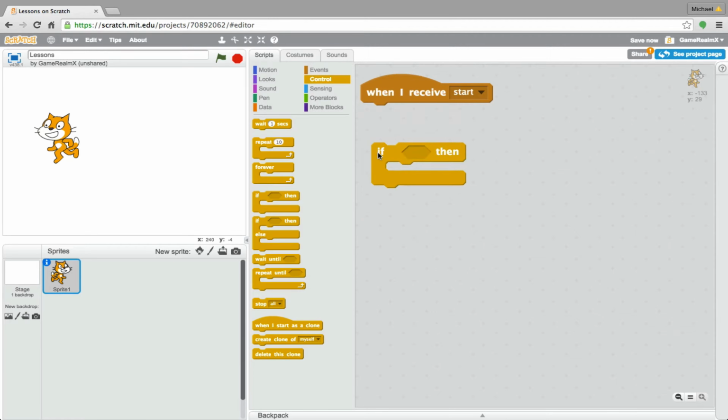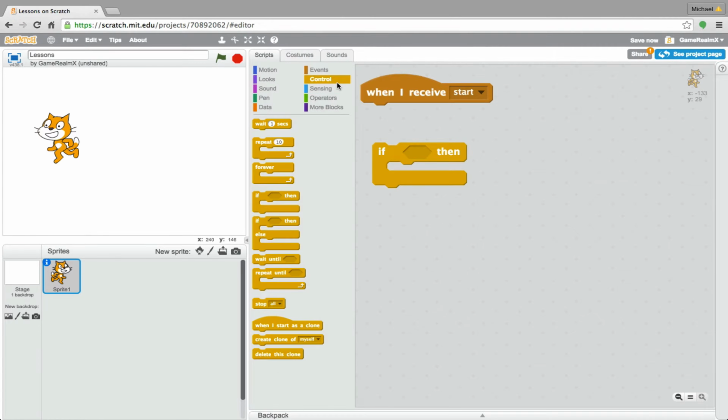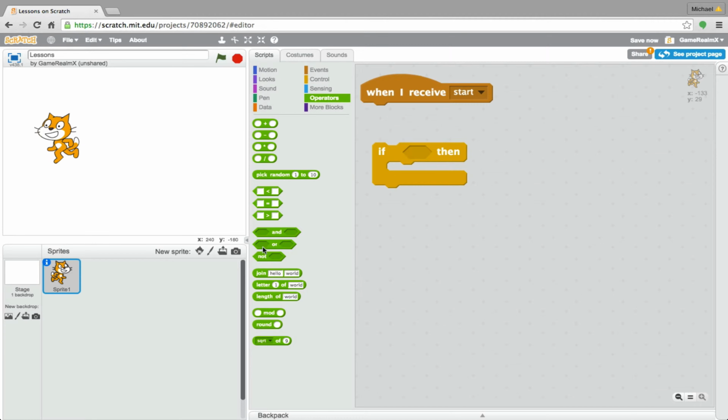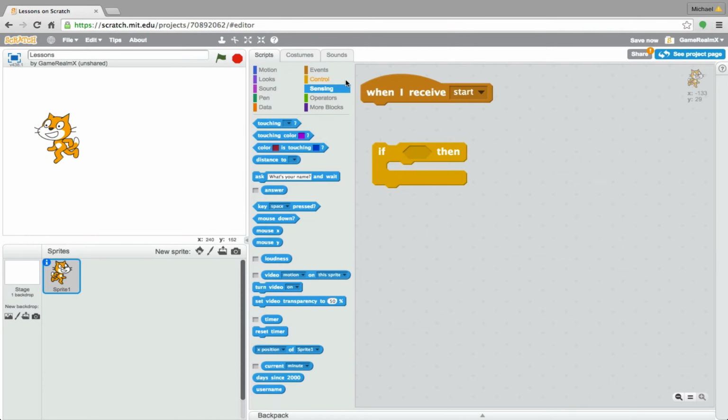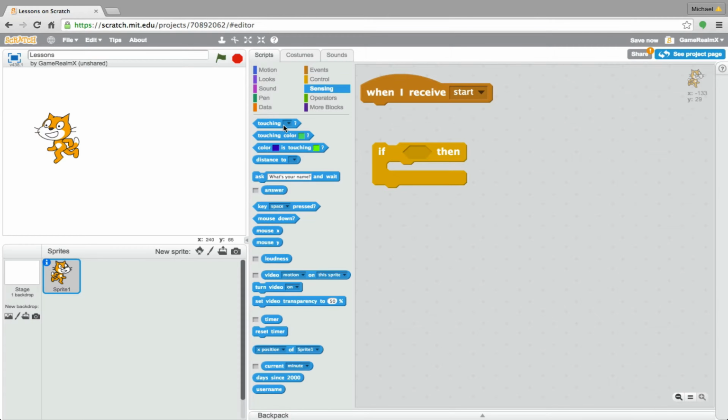If. Okay, so this is called an if statement. An if statement is saying you need to put one of the sensing blocks. This will probably end up as a long video because we're going to be using if statements, and then we could be using this and this with those if statements. So if we go to sensing,